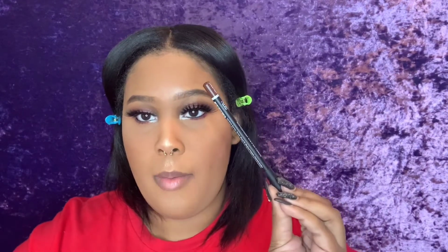All right, now for our lip, we are going to go in with this lip and eye pencil, and it is in the shade Chestnut, and this is by the brand She. I got this whenever I went to my, what was it? The makeup sale event. I also uploaded that vlog as well, so if you didn't get to see it, go ahead and go check it out. But this is one of the products that I got. So I'm going to use this, and